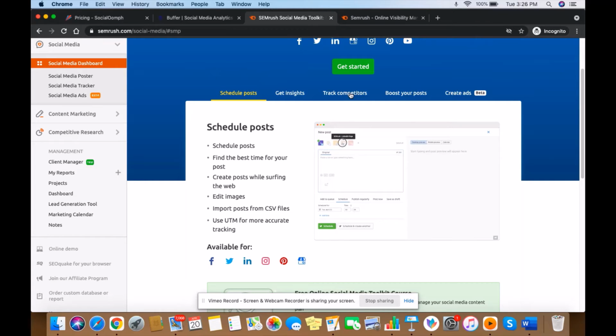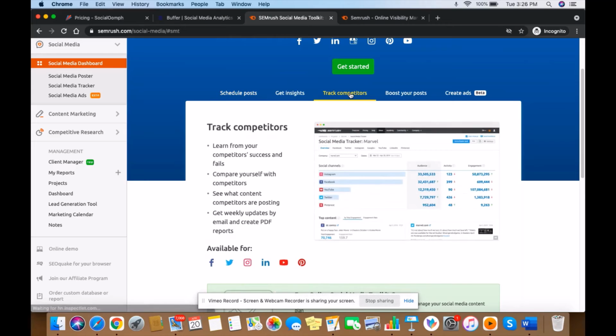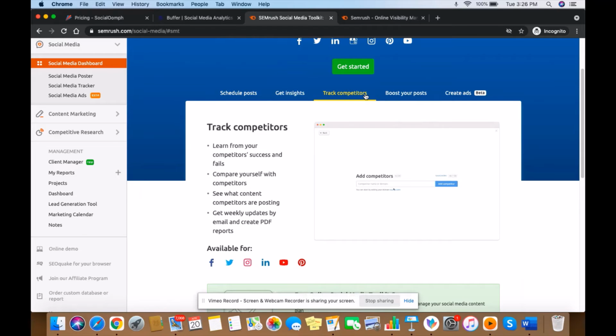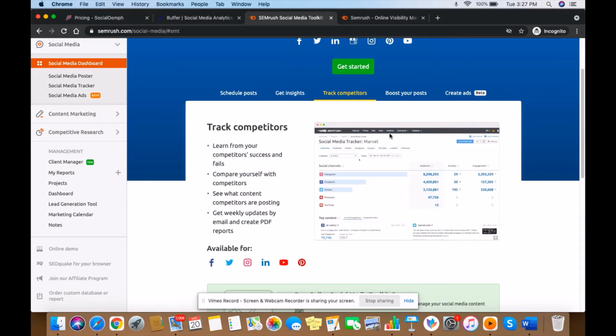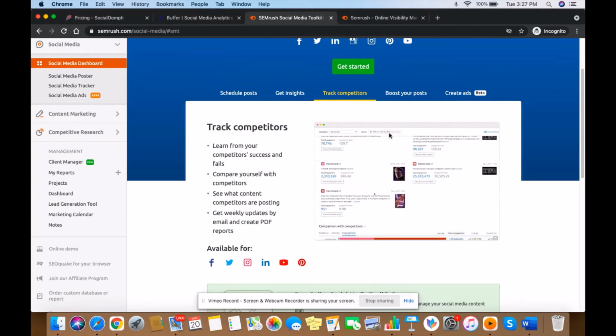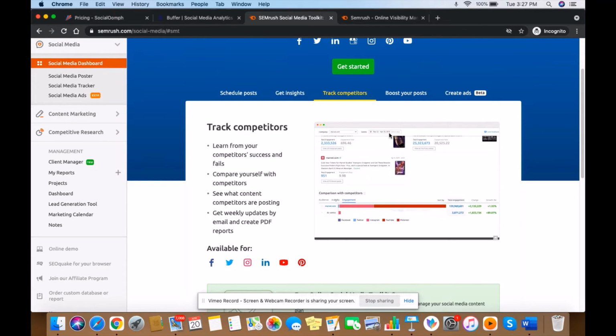One of the major advantages in SEMrush is that you can track your competitors. Compared to other platforms, you don't have this particular feature. All you have to do is add your competitor's name, and it will automatically give you their social media links.